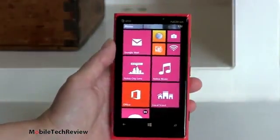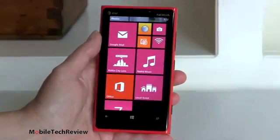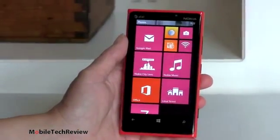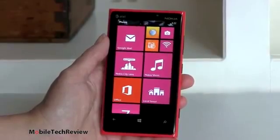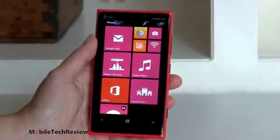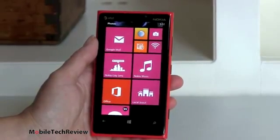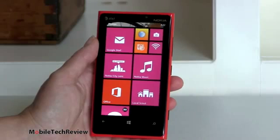In terms of hardware specs, things have really picked up. The Windows Phone 7 devices were really a generation behind, at least when it came to the CPU and other internals. Now we've got the same Qualcomm Snapdragon S4 Krait CPU you'll find in top Android phones, running at the same 1.5 gigahertz as a dual-core CPU, so very capable. And an AnTuTu benchmark, which has gone cross-platform, has scored 11,400, which is as fast as the top Android phones,